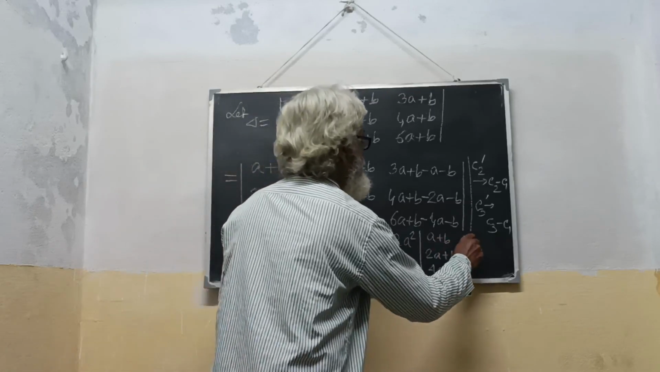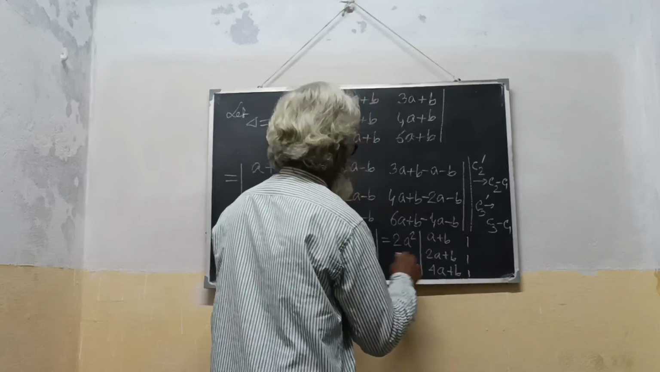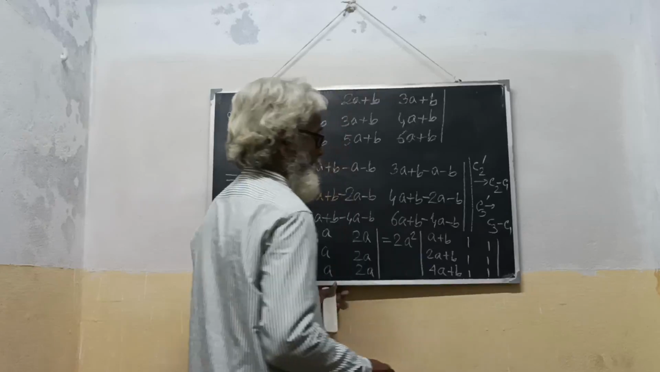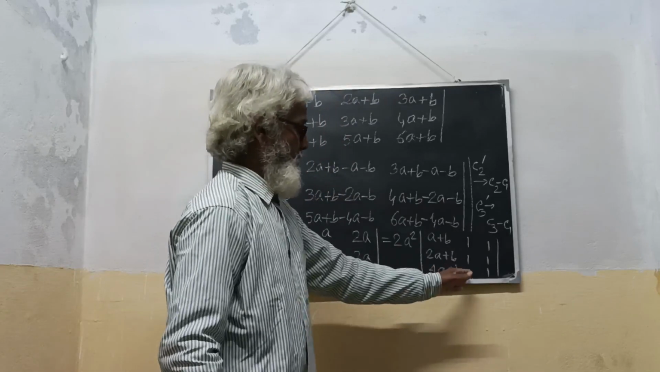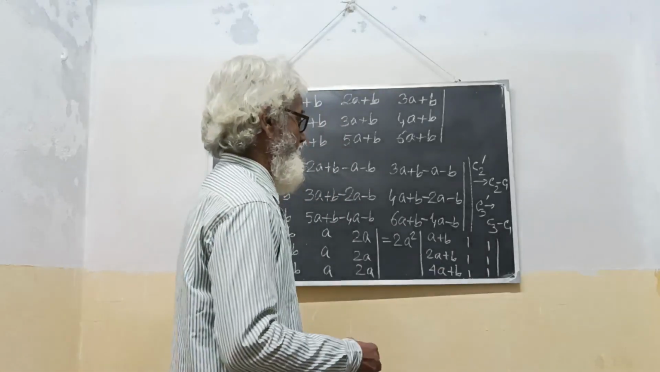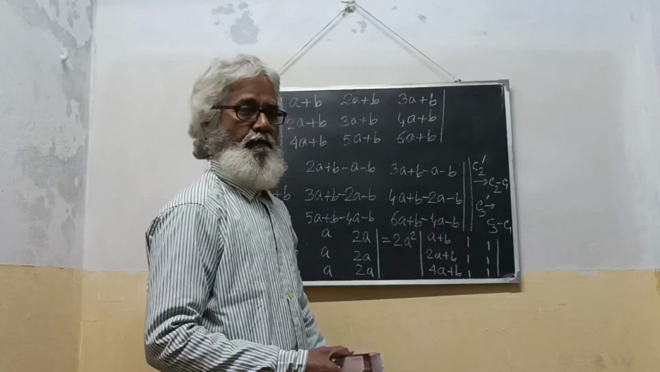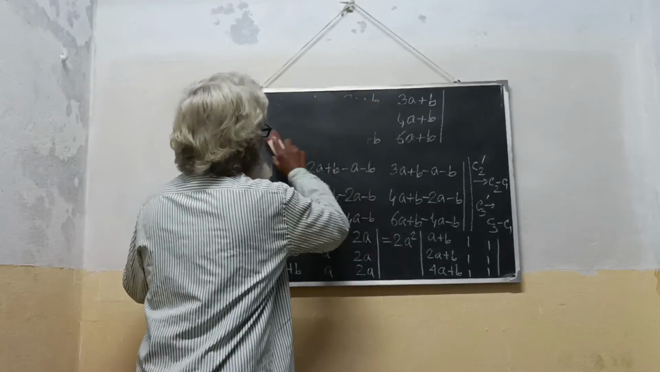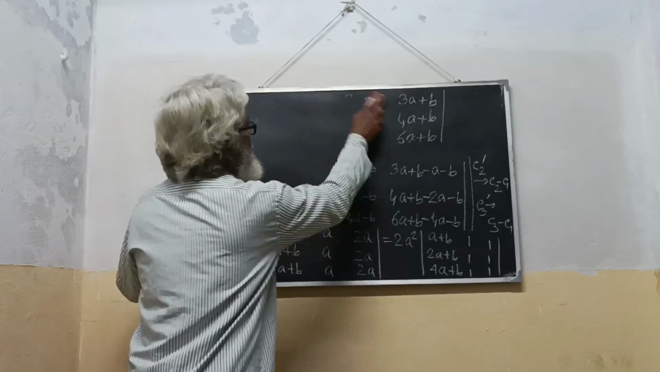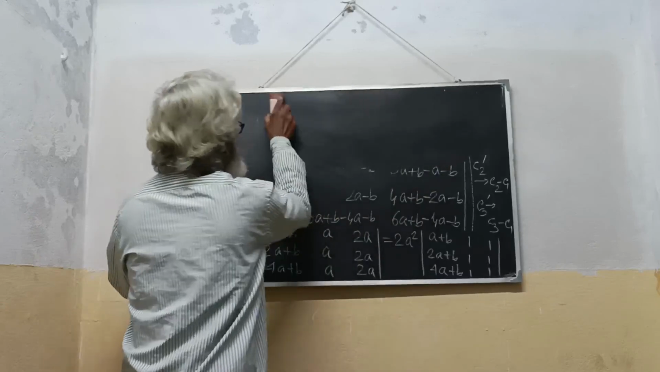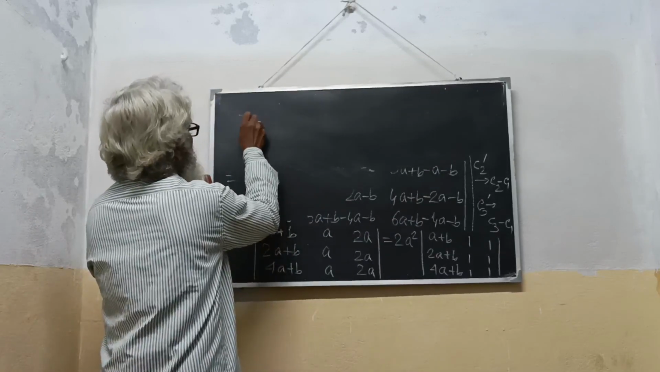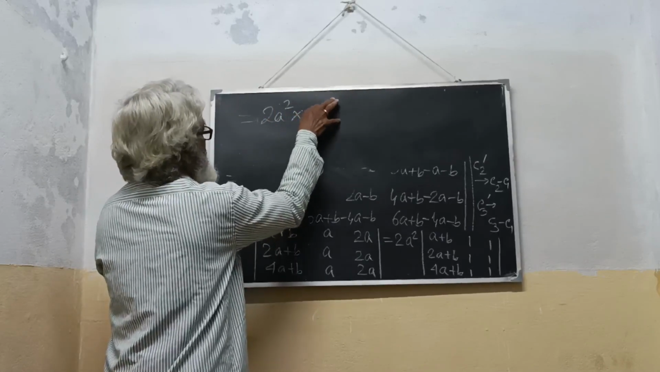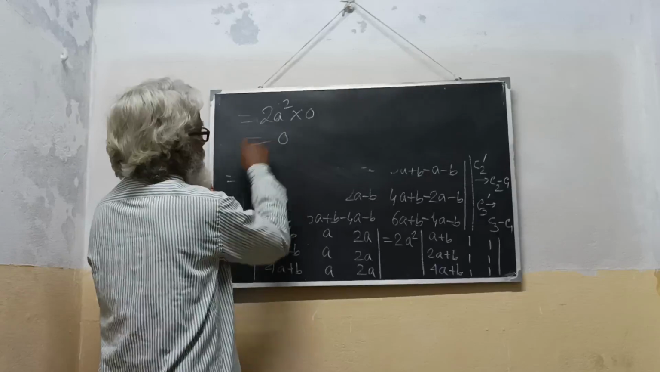It becomes 1, 1, 1. It also becomes 1, 1, 1. We see that the elements of second and third columns are identical. Therefore, the value of this determinant by that property becomes 0, and it will give you a square multiplied by 0 equal to 0,